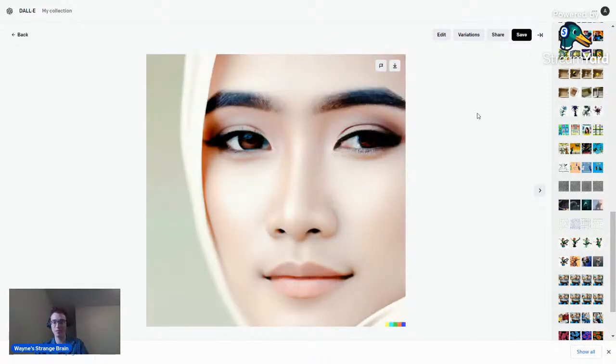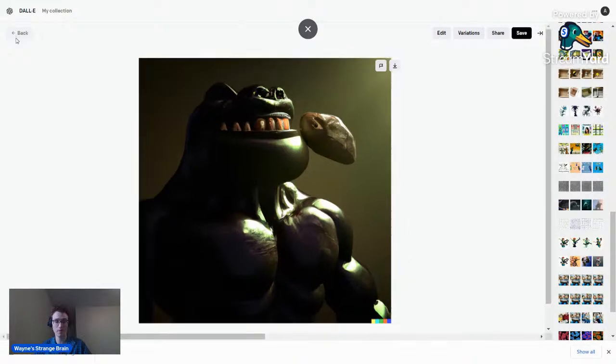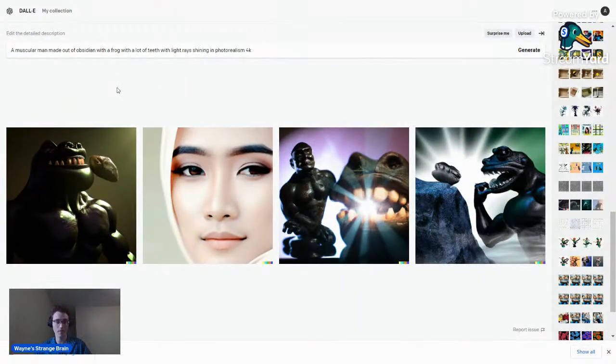And then this has absolutely nothing to do with the prompt. But is she shining beautiful like obsidian? And it is a photorealistic face. I was not expecting that. This is probably the most photorealistic face I've gotten. And yeah, it's actually pretty good art. It's a little dark, I think, because maybe obsidian's dark. Yeah, he's a muscular man made out of obsidian, you know? Oh, interesting. Obsidian. Okay. Huh.